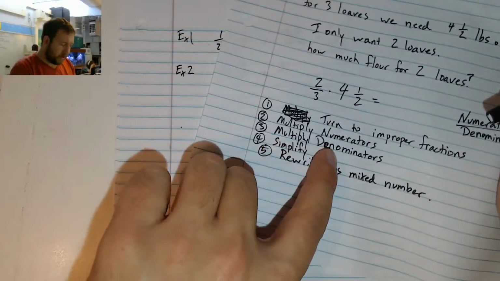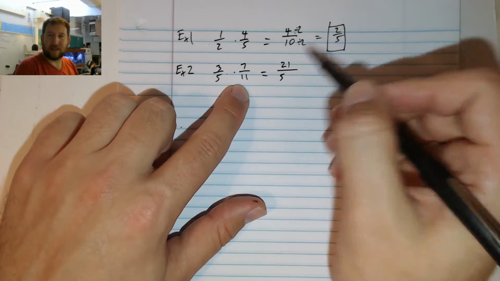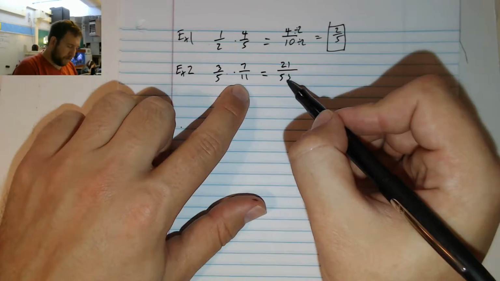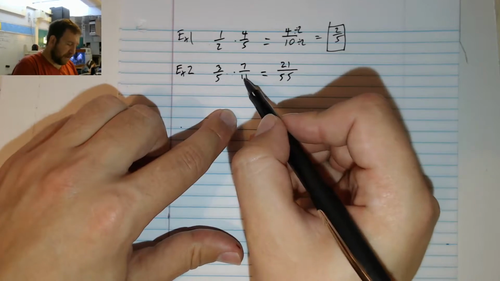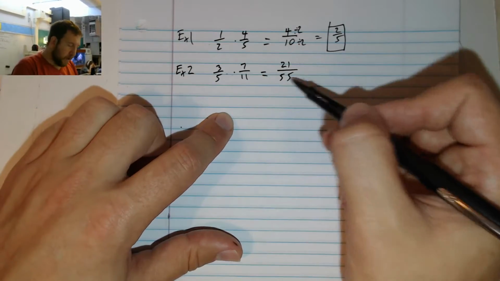Next thing, multiply denominators. Okay, 5 times 11. That is one of those facts that sometimes people know, but it's kind of easy to think about. It's just 11 5 times, and every time you add 11, both of the digits stay the same. So I end up with